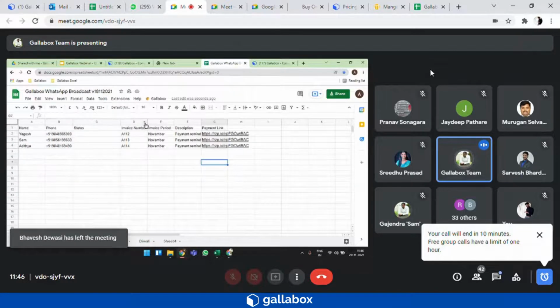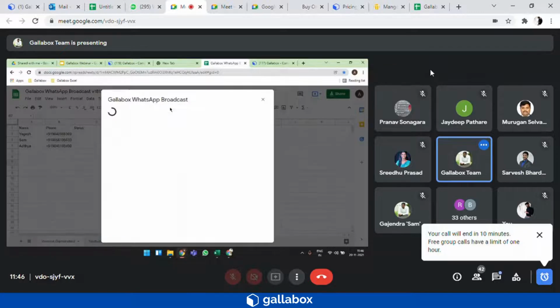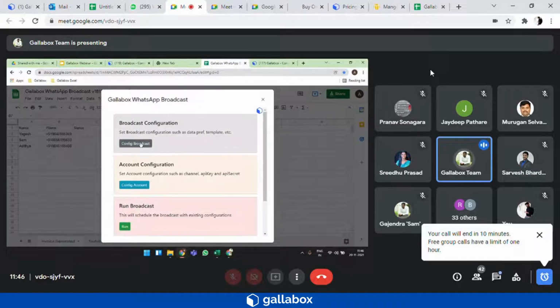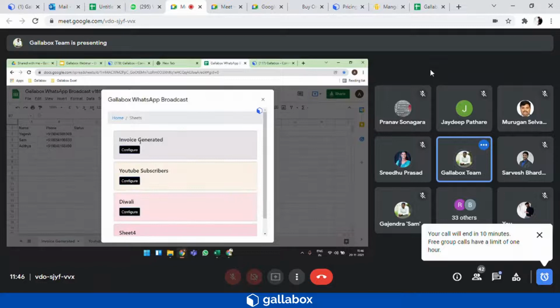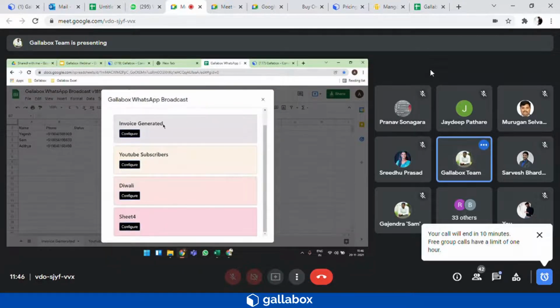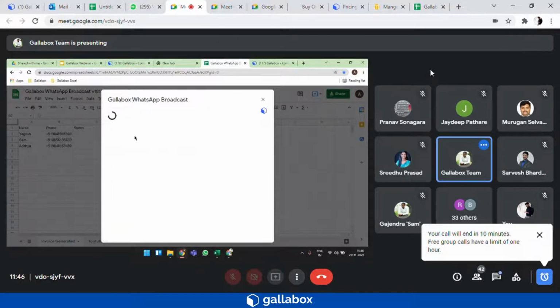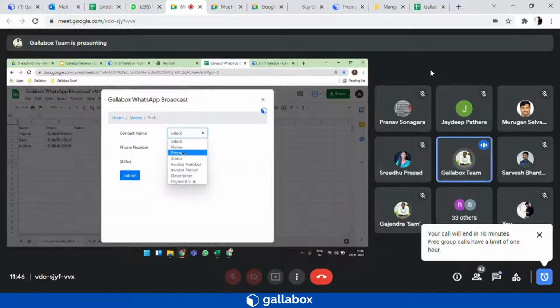So now once I have configured the Galabox and the Google Sheet, I will click on Galabox here. Click on WhatsApp broadcast. I will configure the broadcast. Since there are three templates which I am going to broadcast right now, I will configure all the three one by one. So here it will be contact name equal to name, phone number equal to number, and status equal to status. Once I click on submit,